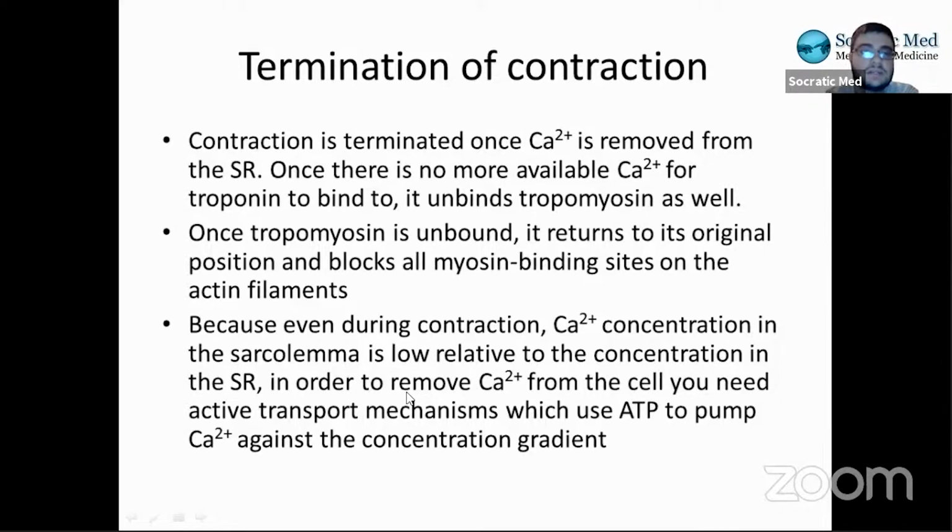Troponin is not always attached to tropomyosin. Troponin is usually floating around, if you want to think of it that way. Once it finds a random calcium floating as well, it binds to it, and then they float together for a bit, and then they bind to the tropomyosin, and then it doesn't reject it. Normally, if it's just floating around and tries to bind to the tropomyosin, it'll reject it and just keep floating around, right?